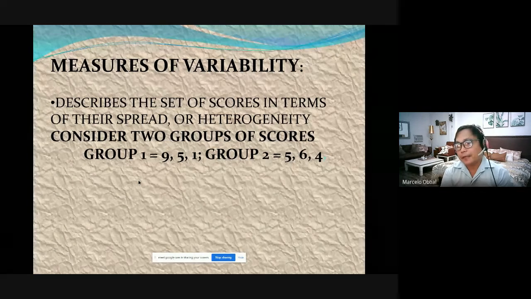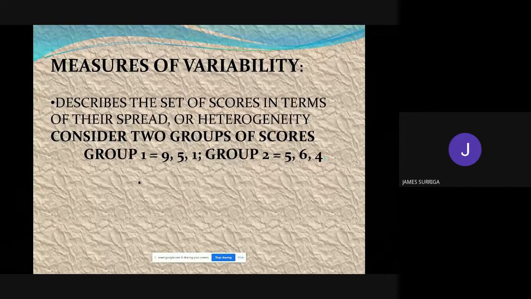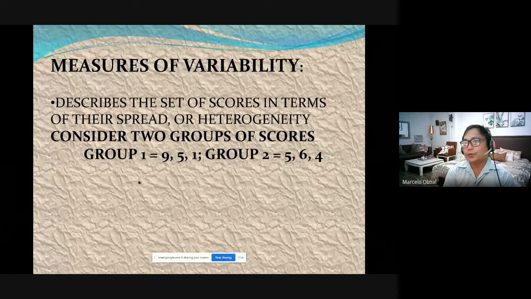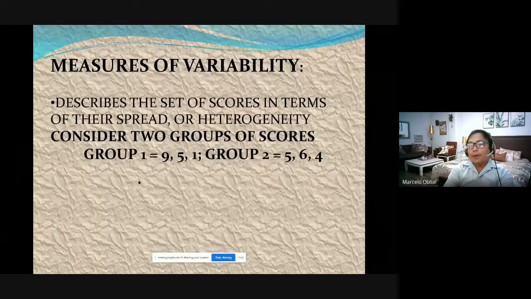Group 1 is mas spread out. Okay. Bakit mo nasabi, James, na mas spread out ang group 1? Hindi magkasunod-sunod, sir. Okay, yun yung basehan, hindi magkasunod-sunod. Okay, so let us analyze the two groups. Measures of variability, okay? From the word variation. Paano siya nagbabari sa isa't isa? Okay? If we will compare them, actually, tama yung sagot mo, James, that it should be group 1. Pero para mas mapadali yung pag-analyze natin, we should have basis in comparing this data.